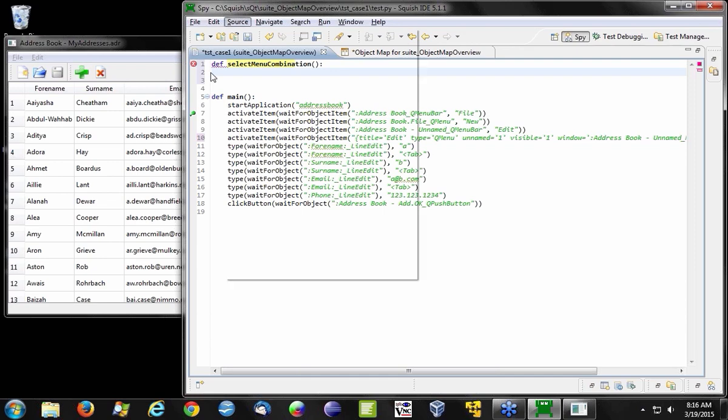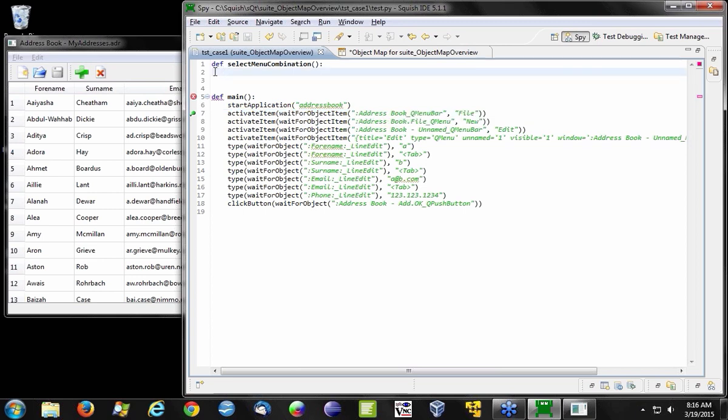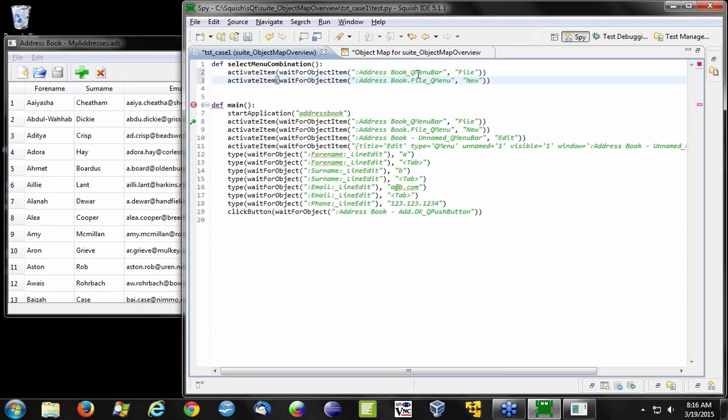So now what I'll have is I want to select File New or whatever my combination is. So I'm going to take these two guys here. And then I want to replace this one will be fine because if you look at it, Q menu bar